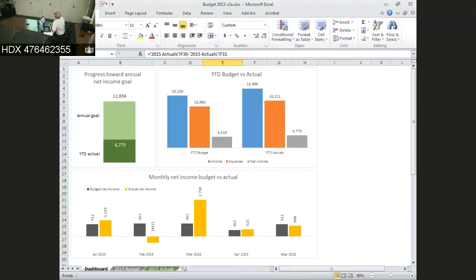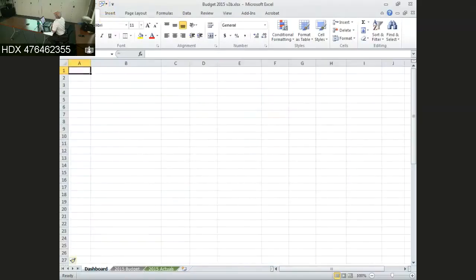And then no matter what tab you're on, you don't have to remember where that command was. You just come here and it shows you the command. In this case, switch windows, so I can go back and forth between open windows. Okay, so to put in my first chart, I'm going to select a couple of cells down here at the bottom,